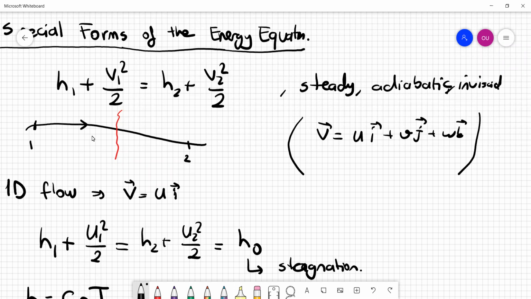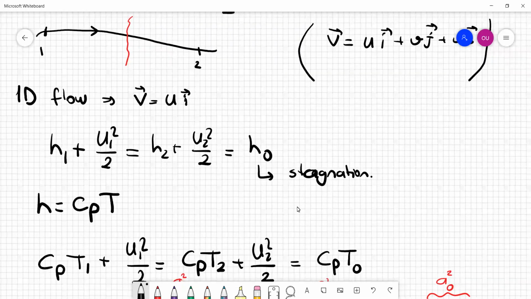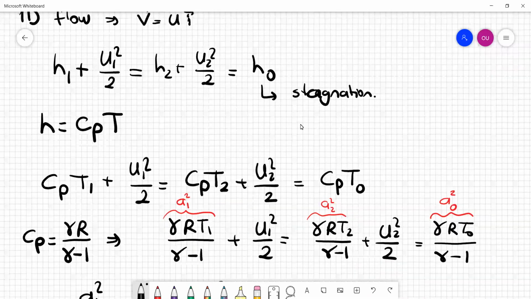the stagnation enthalpy from 1 to 2 will be constant, because even if there is a shock wave, the flow is still adiabatic. There is no external heat addition to the flow, and it's steady inviscid flow. So because it's adiabatic, the stagnation enthalpy H0 does not change. That is our starting point. So we started from here, the stagnation enthalpy